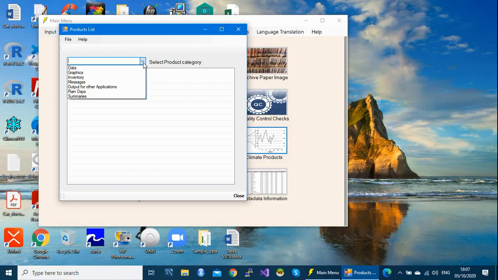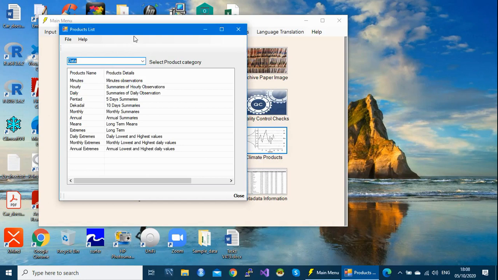So these are data product, graphics, inventory, messages, output for other applications, rain days, and summaries. By selecting any one of these products, let's say if we select the data product, it will open up another dialog.